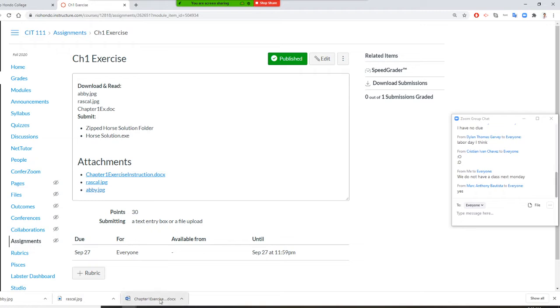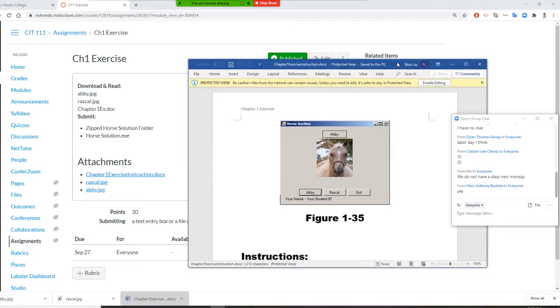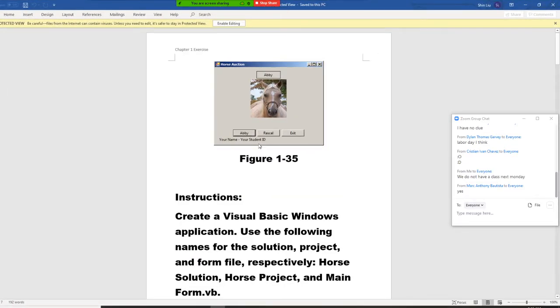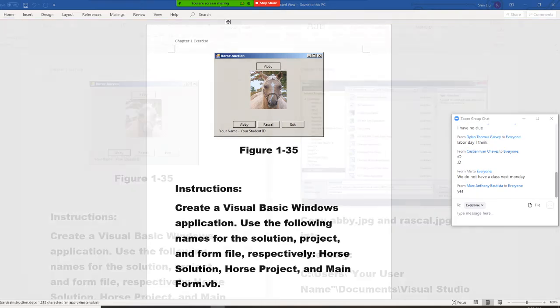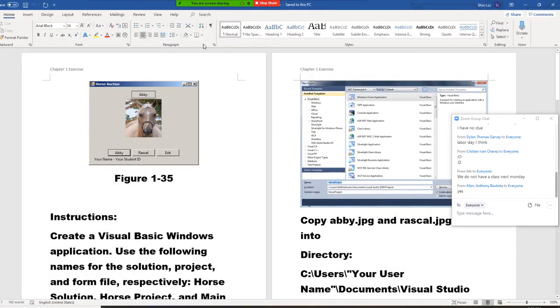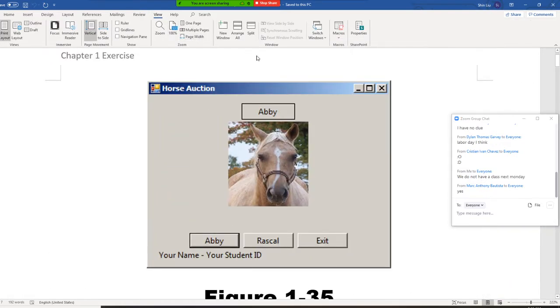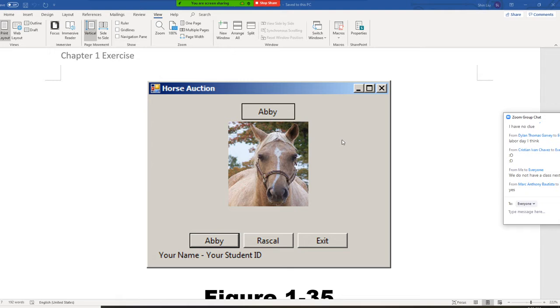Alright, while you are waiting for the downloads, I would like to explain this assignment for you first. You just listen to me while you are downloading. It's okay. So this assignment is called horse auction,